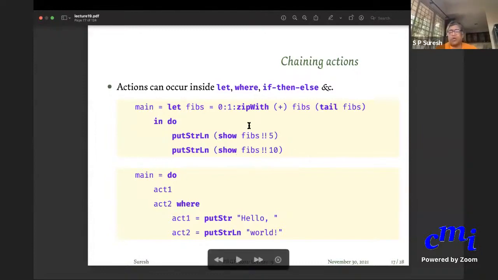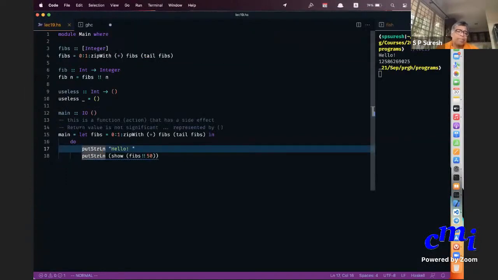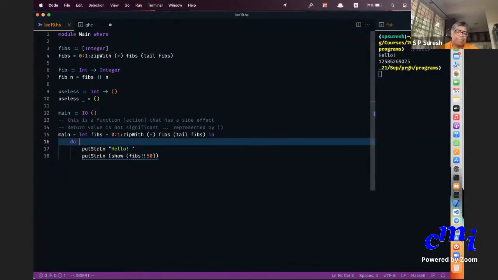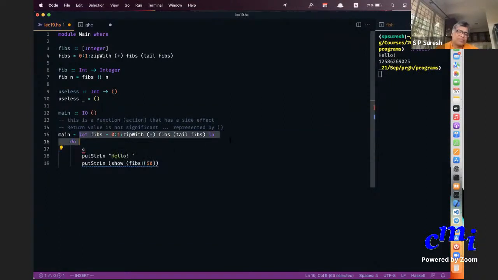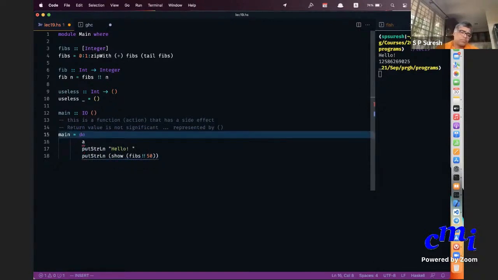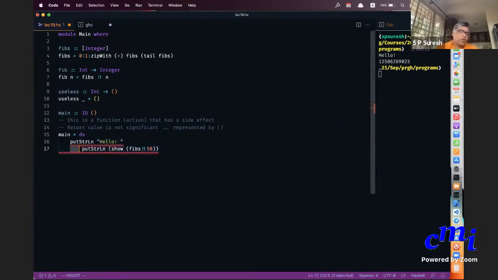You can also do where. Here is another thing you can do. You can say put string line hello. You can say put string line show fibs at 50 where, and you can write your fibs definition.